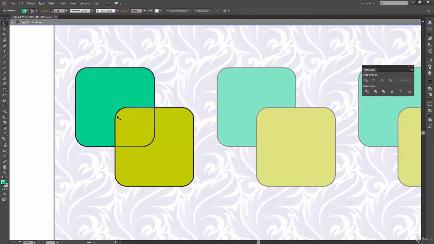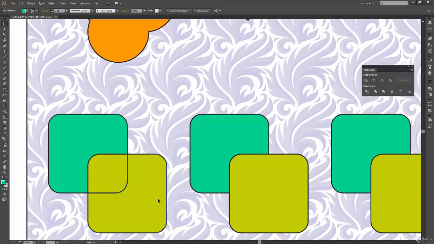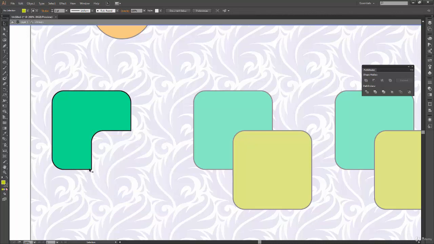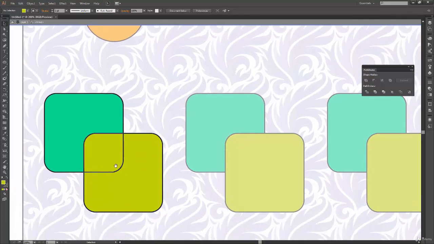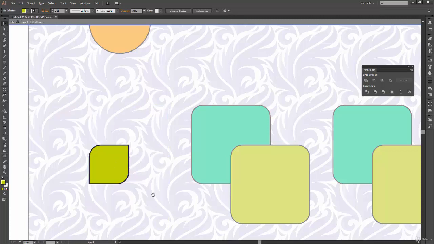The part which was common between these two shapes, the rear rectangle and the front rectangle, will also be considered an individual shape. So it will tell you exactly what intersections are going on, and it will break or cut those shapes for you. And now you have the freedom to do whatever you want. Let's say you want to make a minus front out of this: you can just delete these two shapes and you have a minus front operation. If you want to make an exclude operation of this, you can click and delete the middle one. If you want to make an intersection operation, then you can click and delete these outside ones.